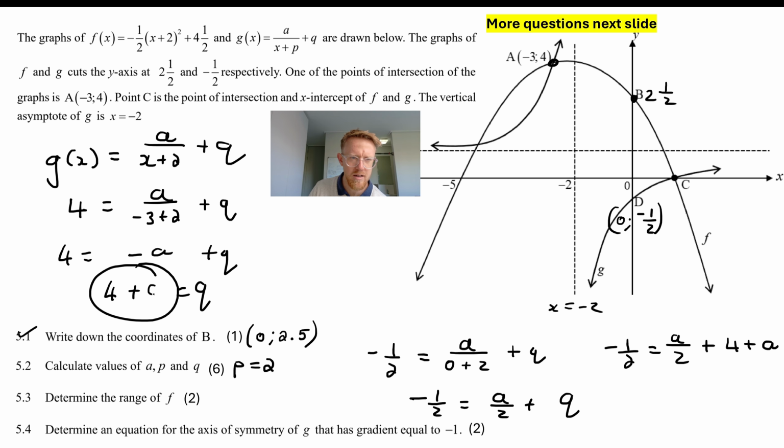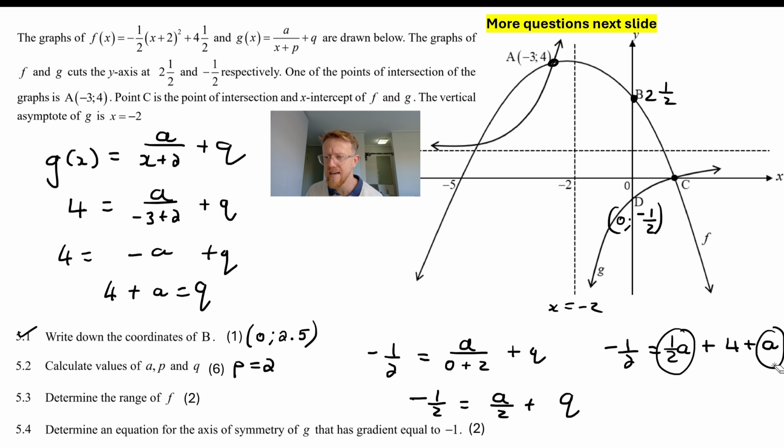I should probably make my a a little bit not like a q. Okay, and then we now can put this a over 2. A over 2 is the same as 1/2 a. Okay, so we can put 1/2 a plus another a, so that's going to give us 3 over 2 a. And then I'm going to take this 4 to the left. So we end up with minus 1/2 minus 4, which is eventually going to give us minus 9 over 2. I'm then going to get rid of the 2's on both sides, and so we should end up with a equals